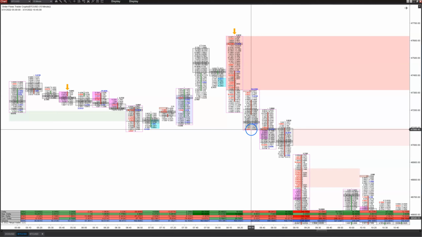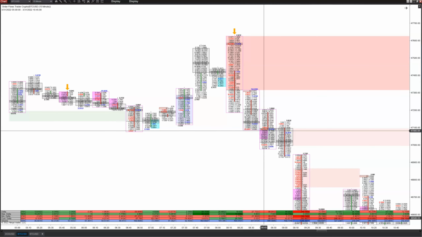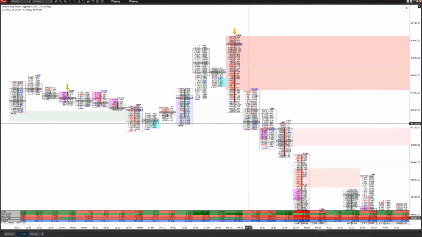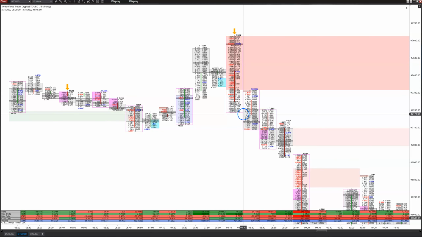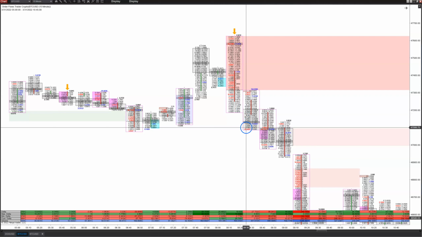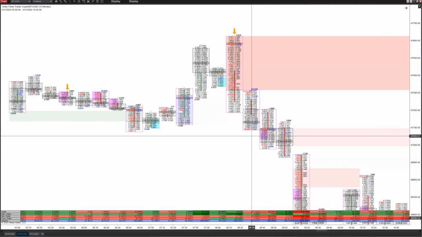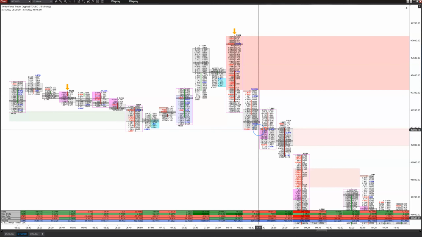And there is support here, right? At 47,100 you can see the 25 traded here, 62 traded here, and just a little bit above, around the 47,130 area, is 21. So you're running into some supportive bids on the way down, and the market's just getting right through them, okay? Which is, again, significant because normally you'd expect